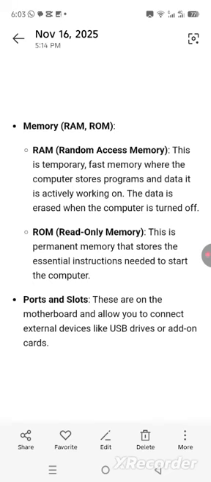Memory, random access memory. This is temporary faster now. You are now anything. ROM, this is permanently memory that store the instruction need to start the computer. Port and salt,